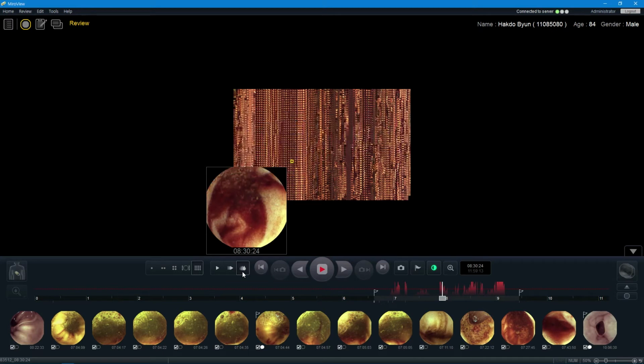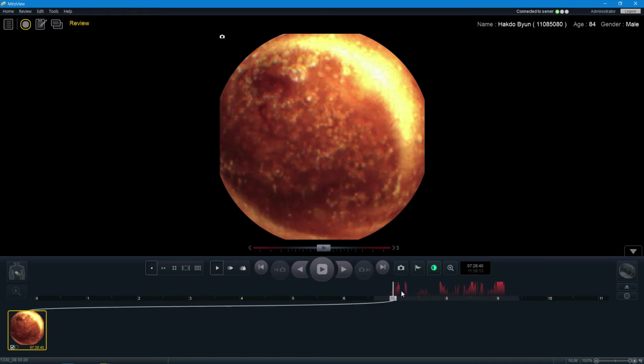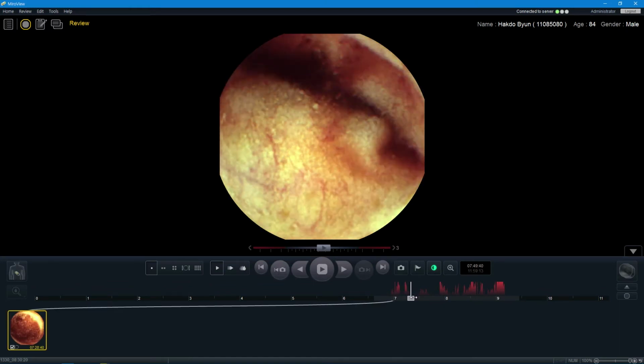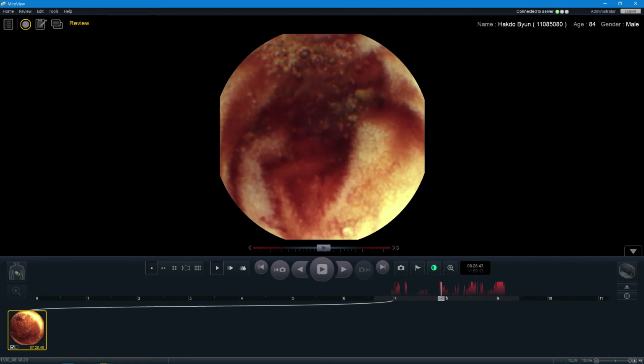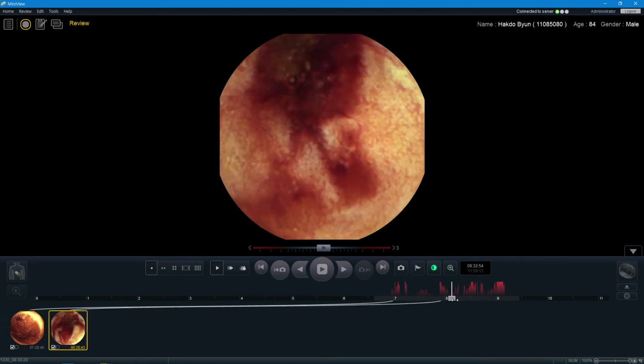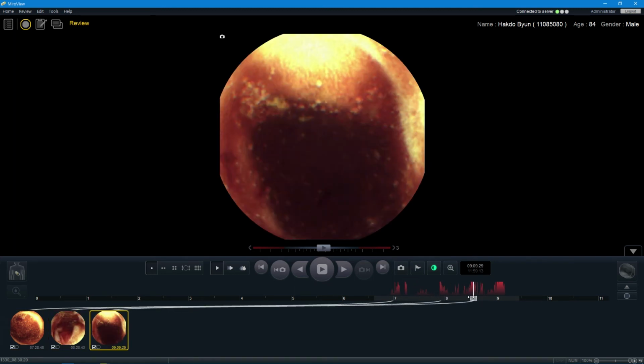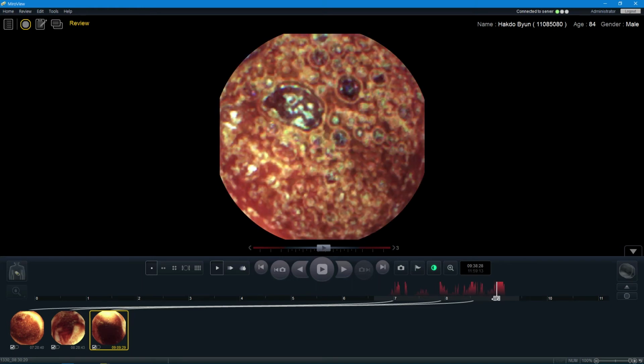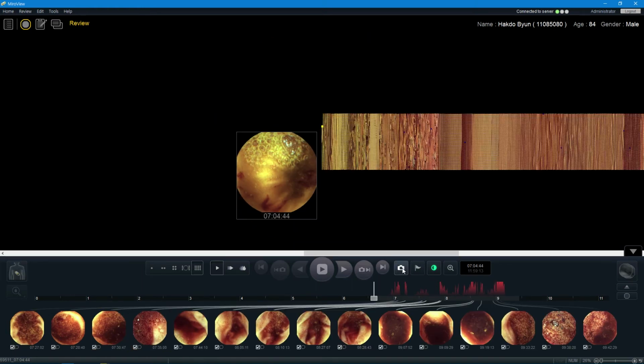The suspected bleeding range of all images can be seen by viewing the graph above the time bar. The capturing function is one of the most essential functions for image diagnosis. You can capture the aspect of the suspected disease while playing, and the frame will be captured into the capture box. The landmark function separates the images by the esophagus, the stomach, the duodenum, the ileocecal, and the cecal, which